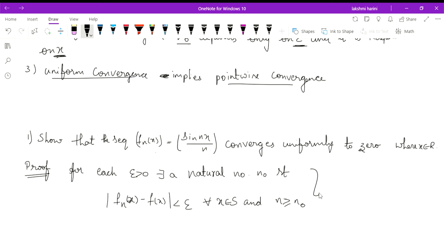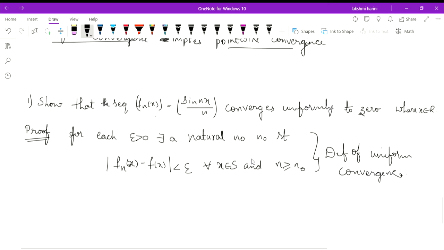This is the definition of uniform convergent. Okay, by using this definition